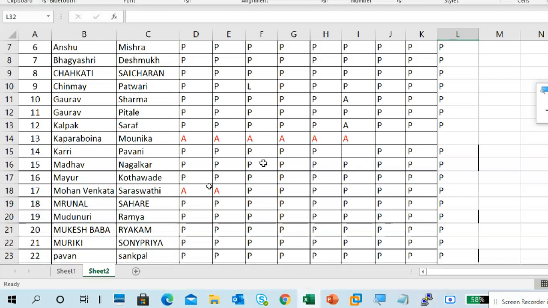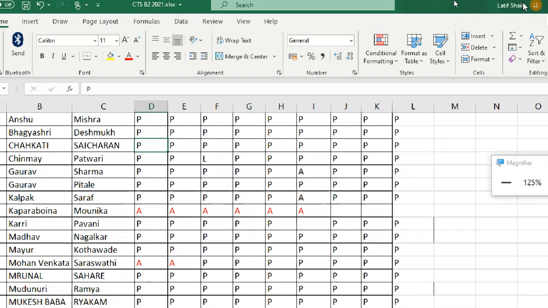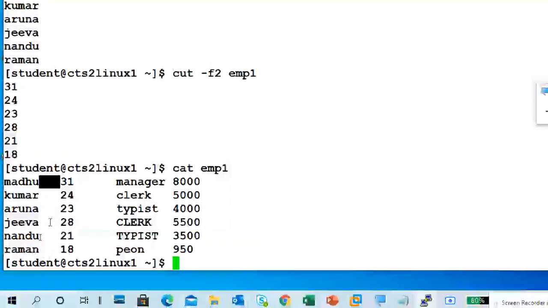For example, in a table, this is a row, this is a column, and this is an element. Element to element in the row should be separated, so then it will understand they are in different columns. That's why you got one column.